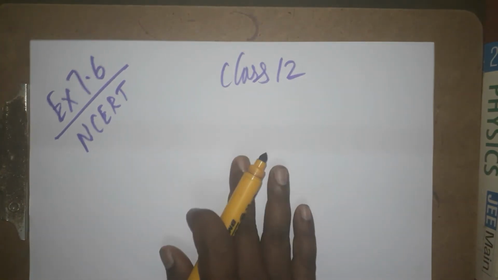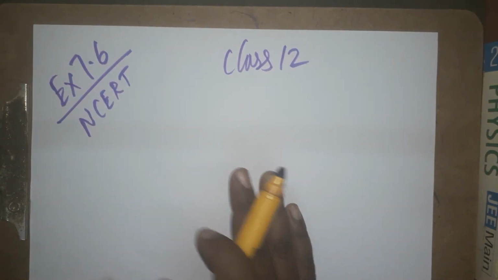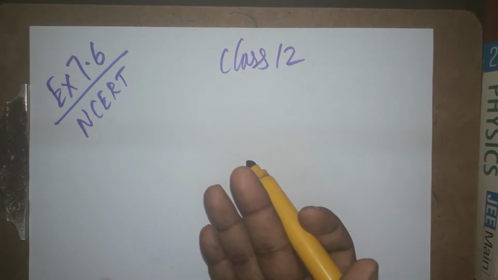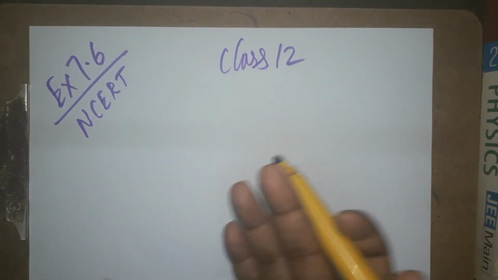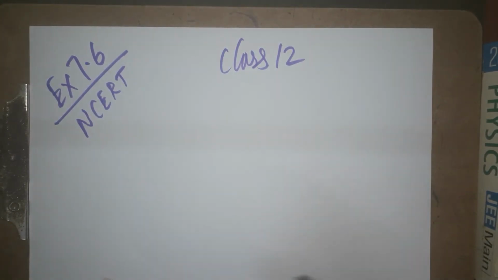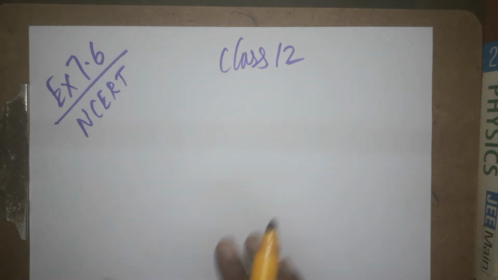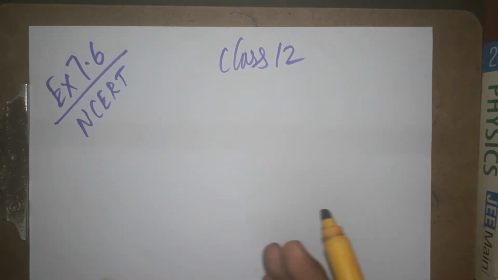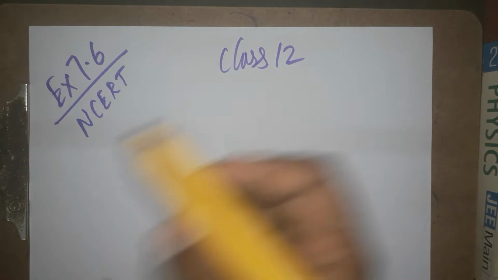And today we are going to learn the sixth problem from the NCERT Exemplar book, 7th chapter, Alternating Current, Class 12 physics. If you want more video examples and exercises, you can check my playlist. I have given all the concepts and all the problems with full explanation. First, we will see what is given in the question.